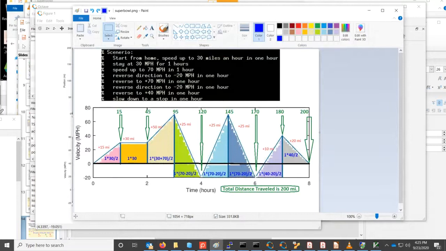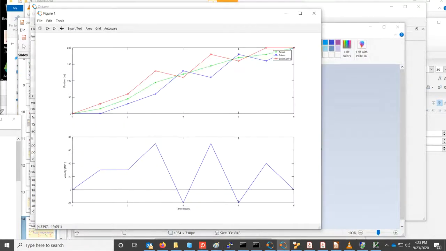See, I was trying to do a screenshot there. I don't know if it didn't take it. Apparently it